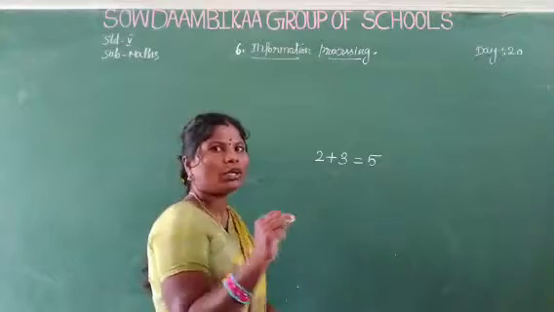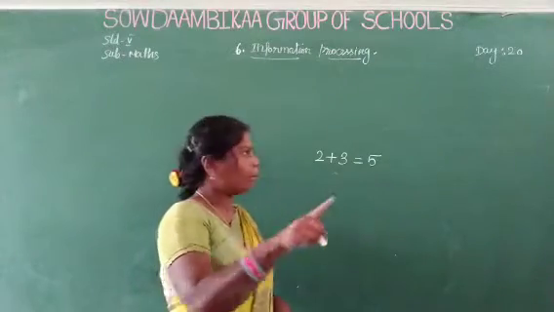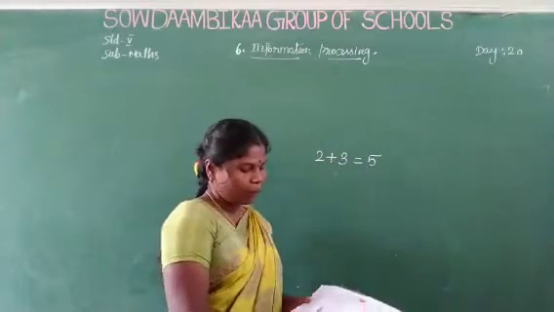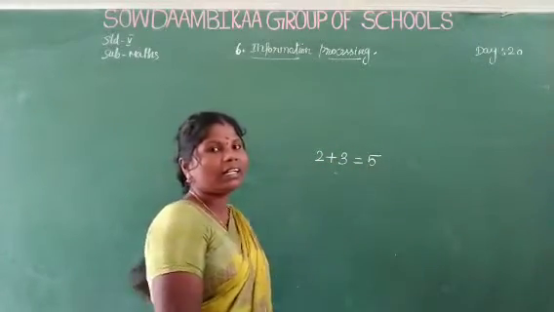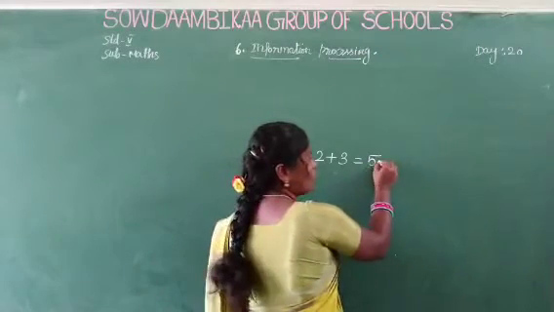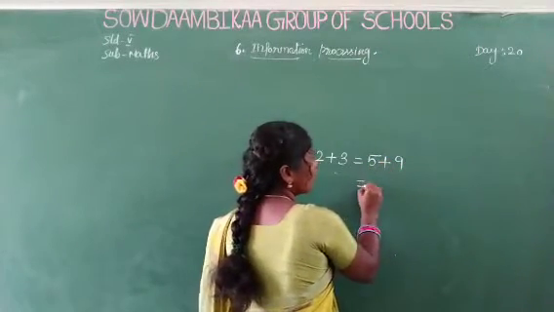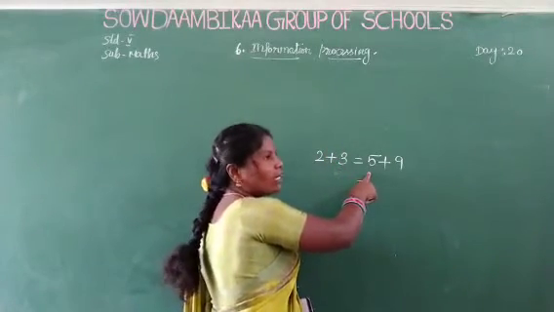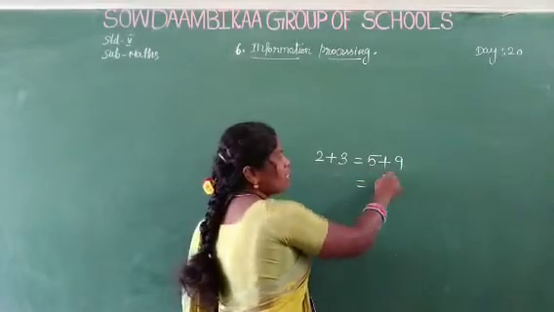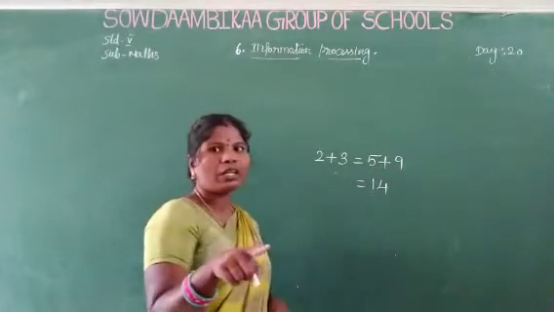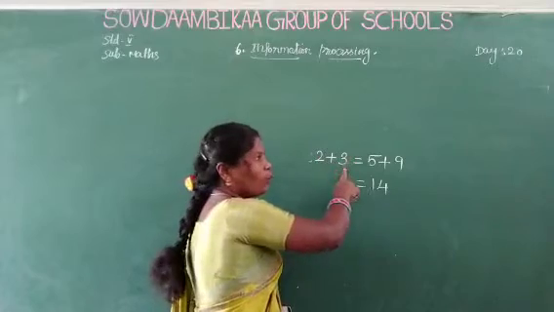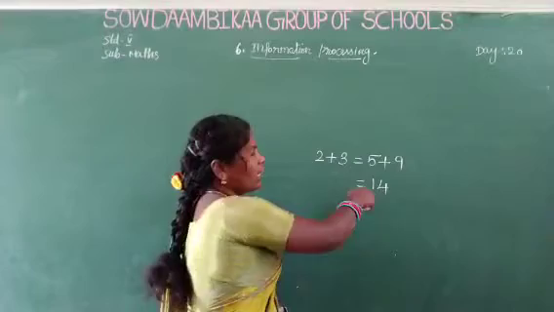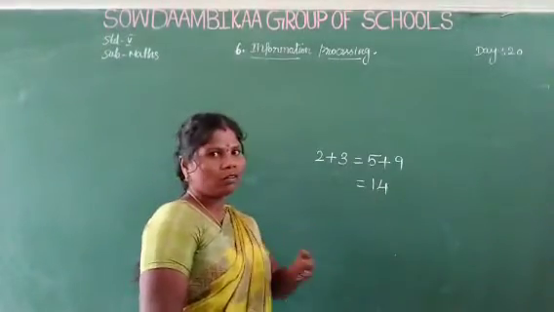Okay, you assume the number and then add the next number. Next, then add 9. Already you got an answer, so plus 9. I assumed the number 2; 2 plus 3 is 5, and 5 plus 9 is 14. You assume any one number and add another number, then add 9 to that answer, and write your answer. My answer is 14. What's your answer?